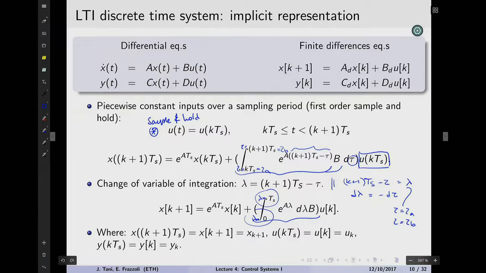That is, what is x? So notice how ugly all of this is. We have to write the continuous variable x evaluated at k plus 1 plus Ts. It's really a cumbersome notation, and so it is a common practice to not show the Ts. The Ts is considered implicit. Yes, sir?